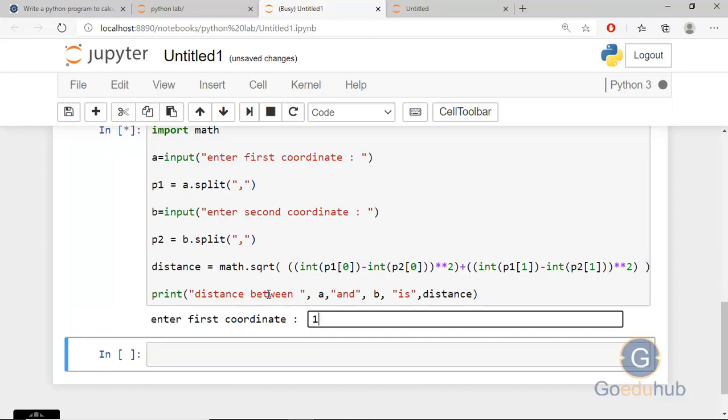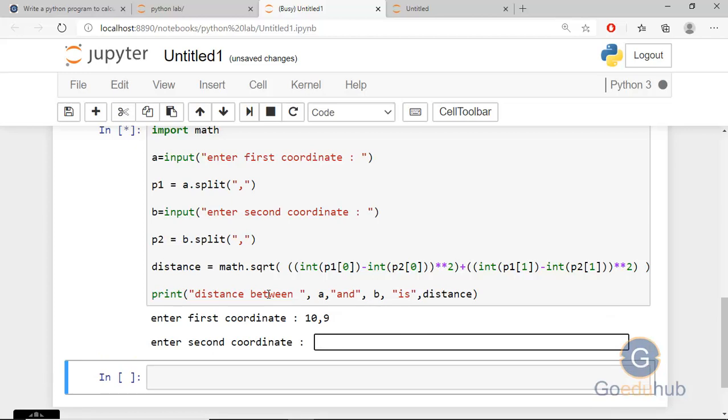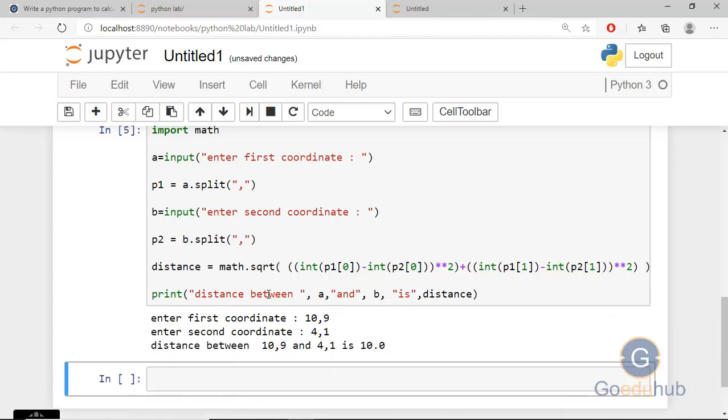So I'm providing same values 10, 9 and the second coordinates 4, 1 and you can see the distance between 10, 9 and 4, 1 is 10. So this is the second approach how to calculate the distance between 2 points in the Python.